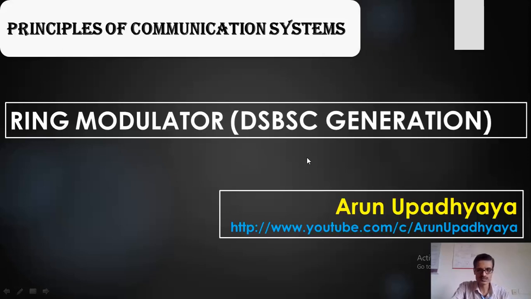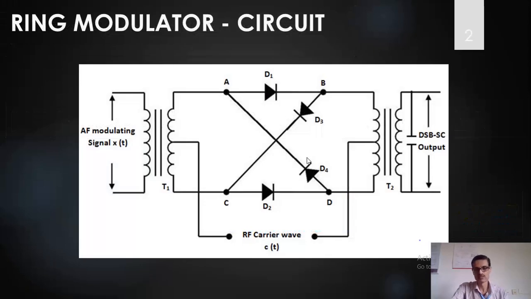Now how exactly it works you will understand by using this circuit diagram. In this circuit diagram we are giving two signals. For any modulator, of course, we have to apply two signals. One is the message signal or modulating signal, and the other one is the carrier signal. Here, this RF carrier wave is applied through the center tap portion of the transformers T1 and T2. And this audio frequency or modulating signal, say x(t) or m(t), whatever notation you want to use, no problem, is applied through transformer T1 into the circuit.